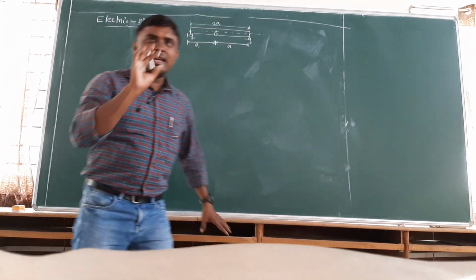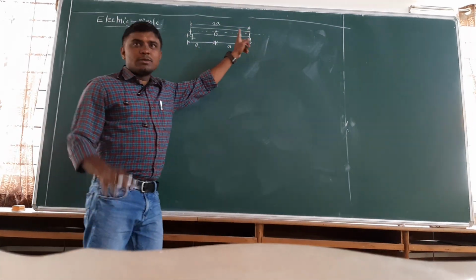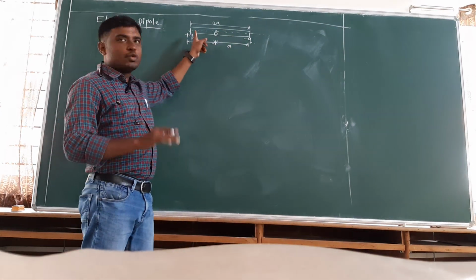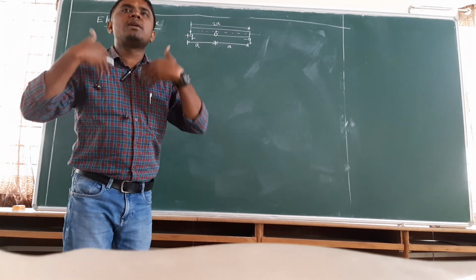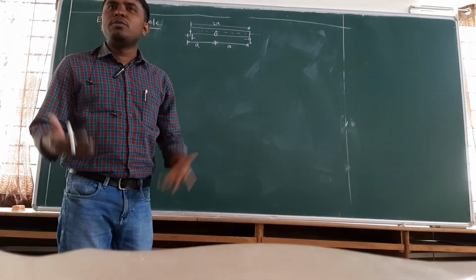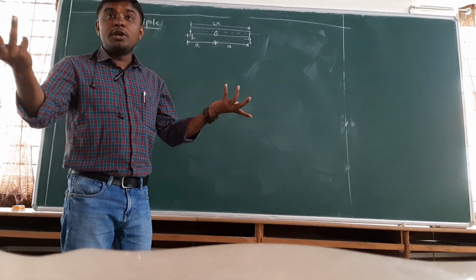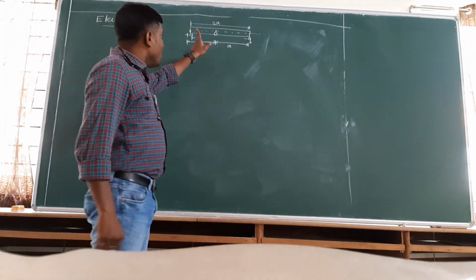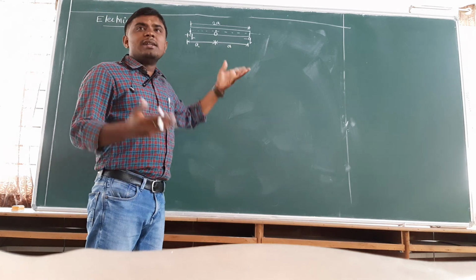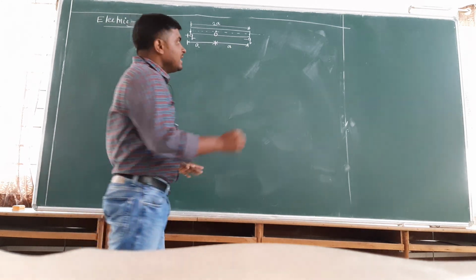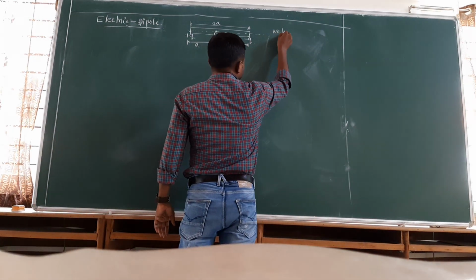So look, this is one system, and this system is having two charges, plus Q and minus Q. If somebody asks you what is the net charge of a dipole, then what will be the answer? The answer is 0. Why is the answer 0? Because what we are observing is that it is having plus Q and minus Q. If we add them, what is the answer? 0. So that's why the net charge, this is a very important point,